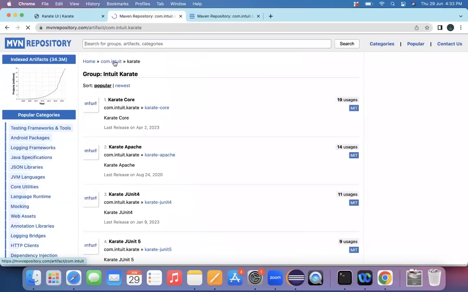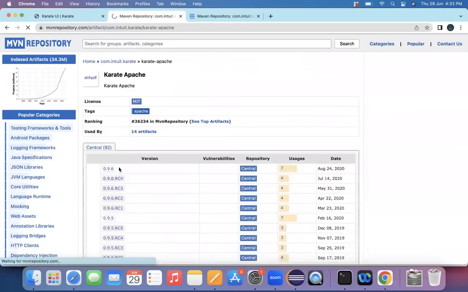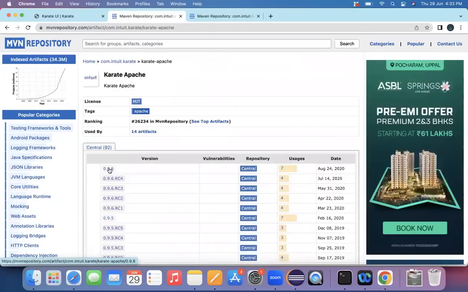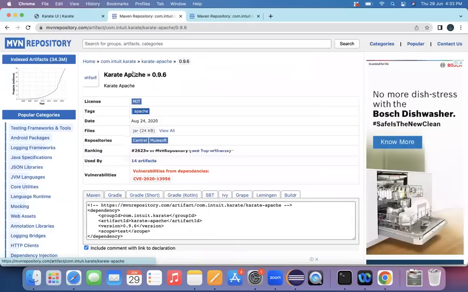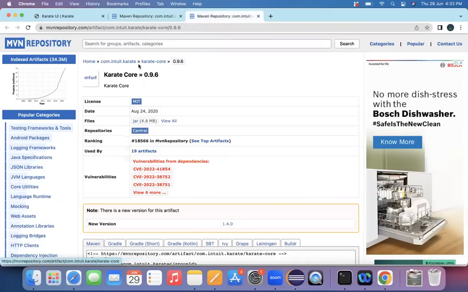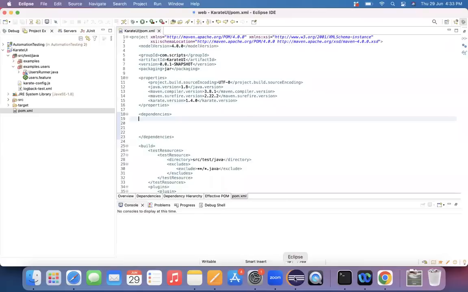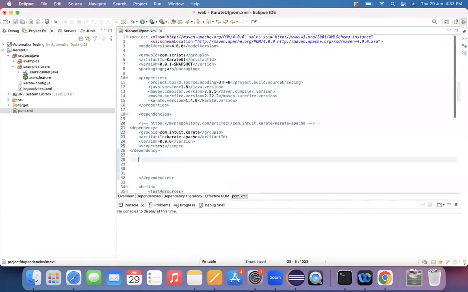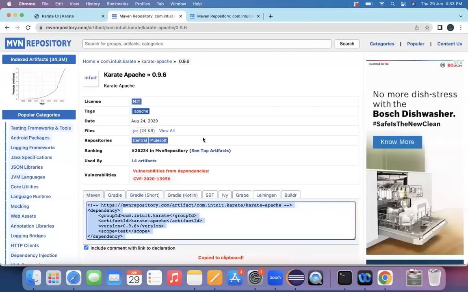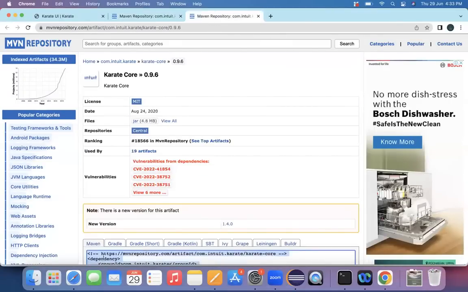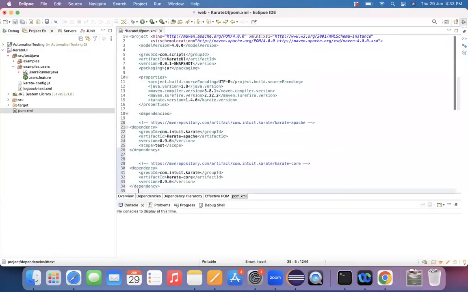So come back to this karate. Let me open this Apache. This Apache has a 0.96 version. That's the reason, to maintain everything at a stable pace, I'm going with Karate Core as 0.96 and Karate Apache also as 0.96. Copy this dependency content completely and paste it in the dependencies. I placed Karate Apache, and now I need to place the content of Karate Core,